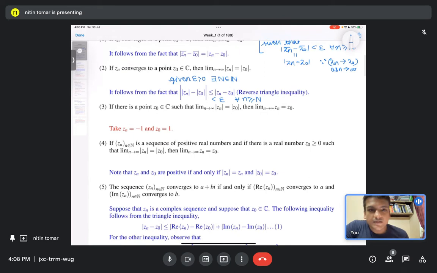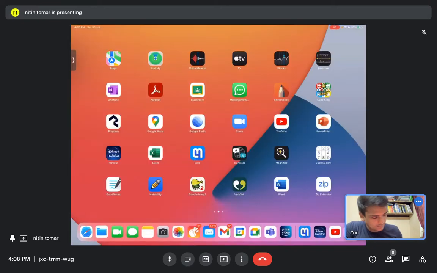Now the third part is whether or not the converse is true, which means if modulus of Zn converges to modulus of Z naught, does it imply